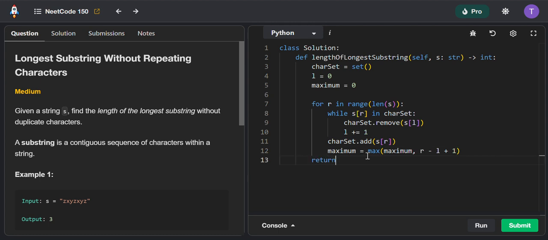And we are at the end of our for loop. So when the runner has gone through every single character, we're going to return our maximum. Okay. So we're creating our set. We are then creating our left index. This is our maximum that is initially set at 0. And now for every index in the range of the length,